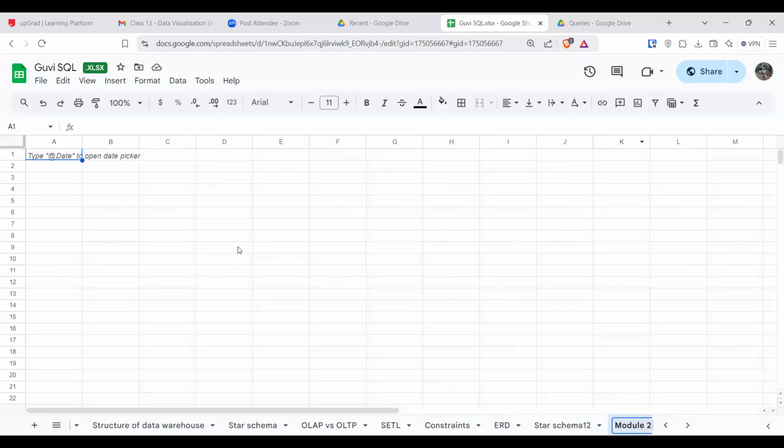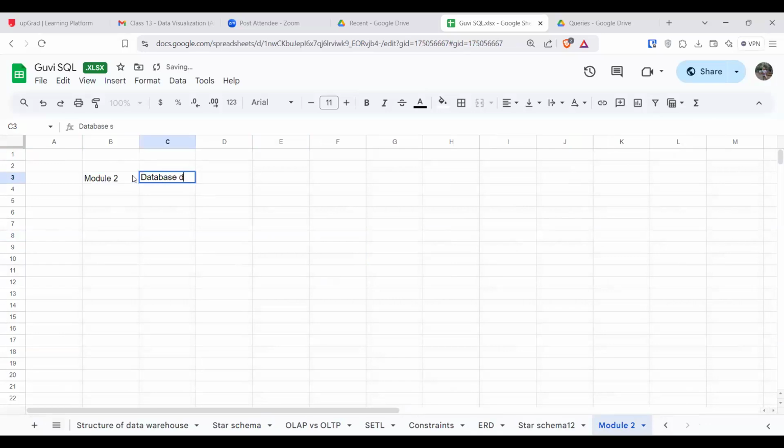In this module, the thing that we are going to discuss is database design and introduction to MySQL, right? So in this, we are going to create a database, or we are going to create a design,